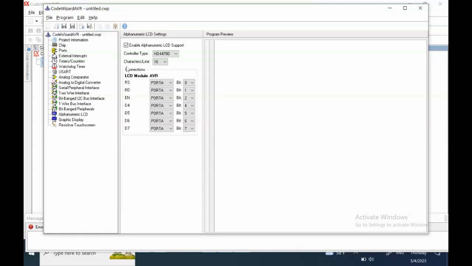In Code Wizard we have some options to choose from, and then it's not required to write the code related to that, meaning that Code Wizard automatically generates some code, and it's not required to write it by hand. So you see here, for example, we want to interface our LCD with port A of